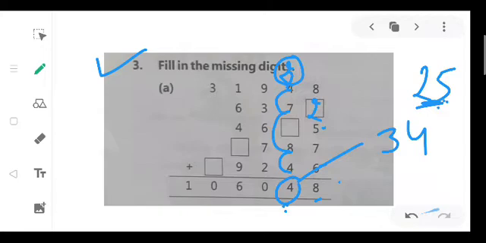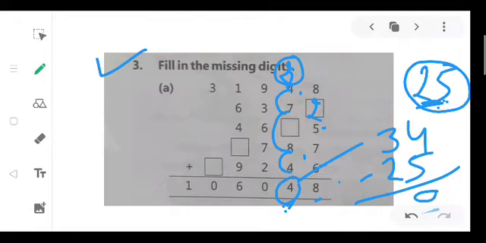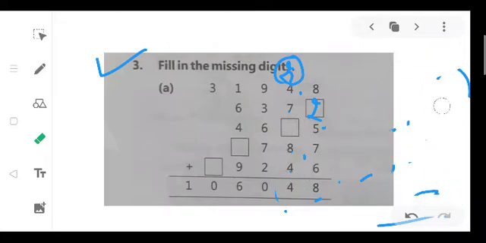But this should be bigger than that. If the given sum is 25, then what will this digit be? 34. From 34 we will subtract this 25 that we just added. So what is the difference here? 9. 14 minus 5, 9. So what will come in this blank? Here comes 9. And as it was 34, so 3 was carried.